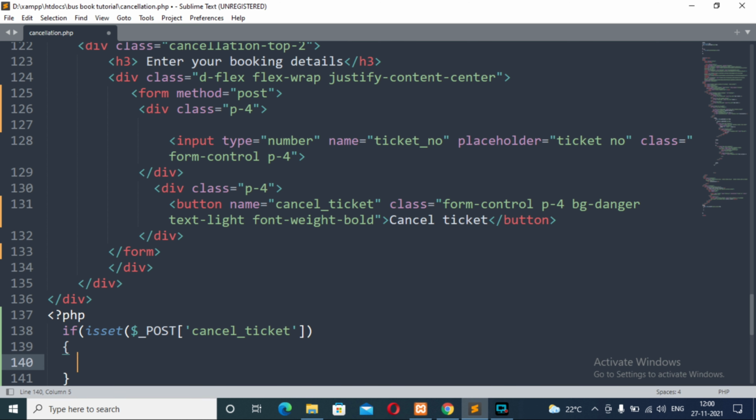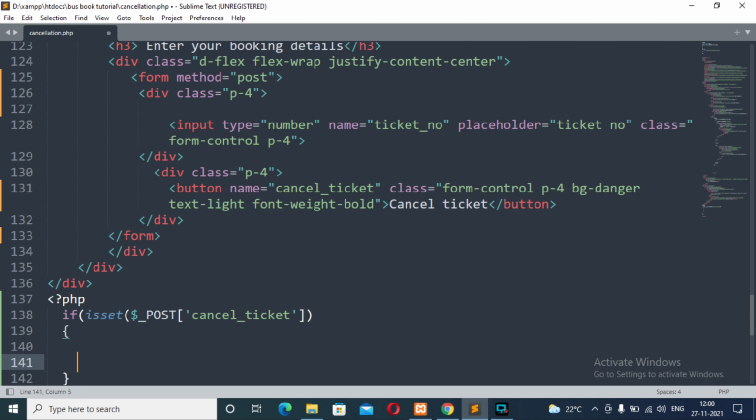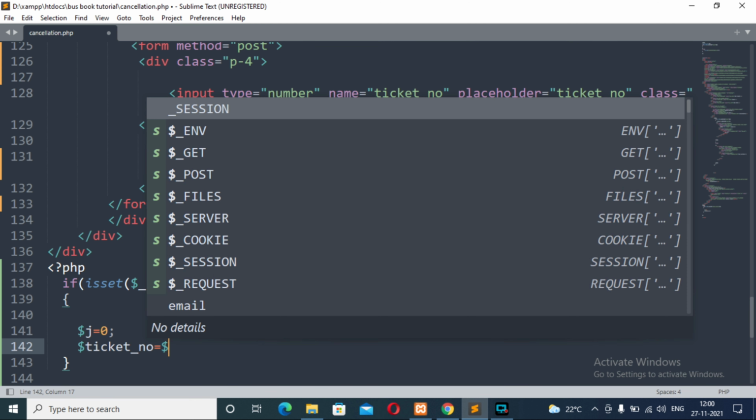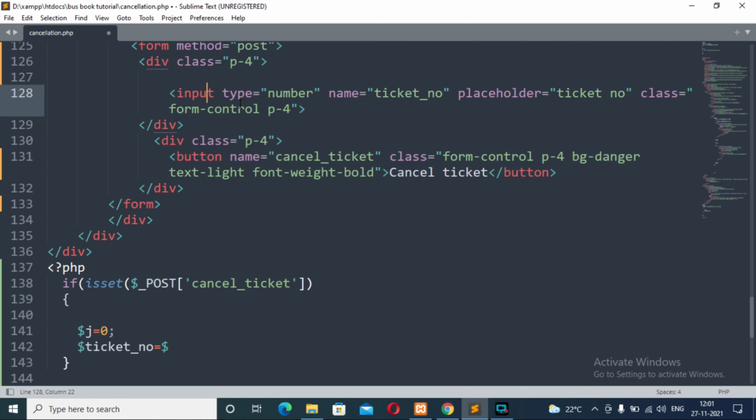Okay, if it is so, then we will have a PHP variable j with the value initialized to 0 and another variable, ticket number, that will store the ticket number coming from the input provided by the user, post ticket number.